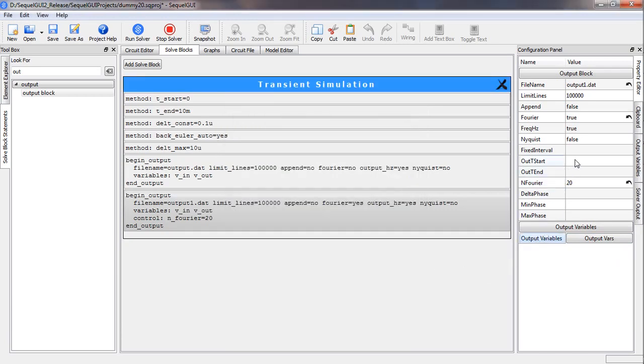And one important specification is this out t start and out t end. The difference between these two should be 1 period. So let us choose out t end as the end of our simulation interval, that is 10 milliseconds, and out t start equal to 4 milliseconds less than that, like that. Let us now run the simulation